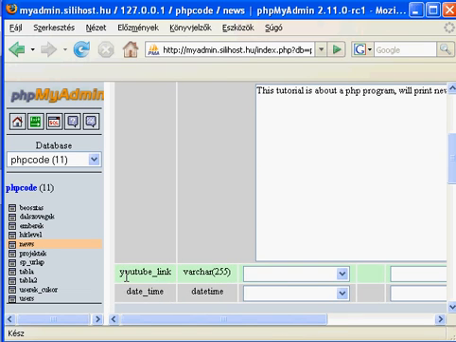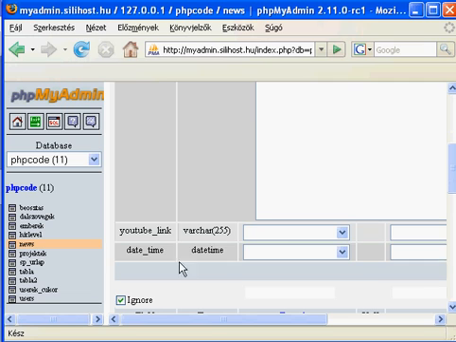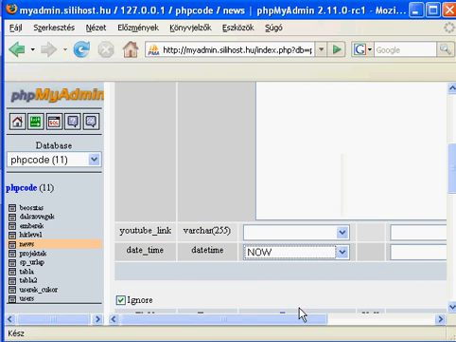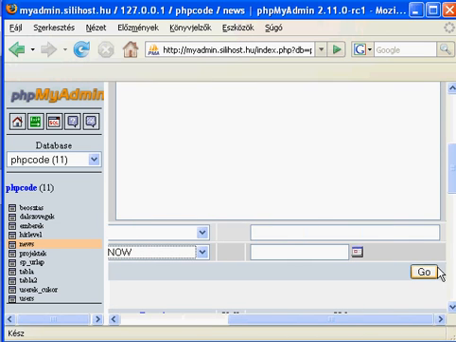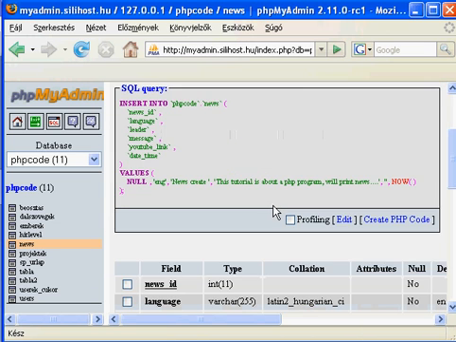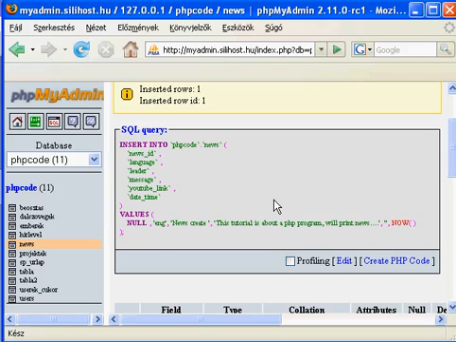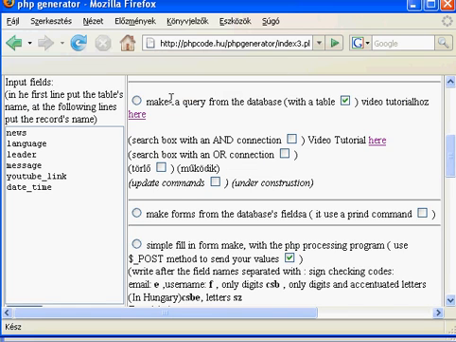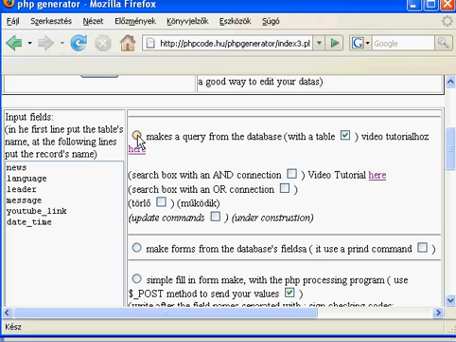You could update it, of course, but I don't know the YouTube link because I made this now, but the date time is, as a function, now, and I created one. Alright, now you should make an SQL query from the database, and this creates a table,